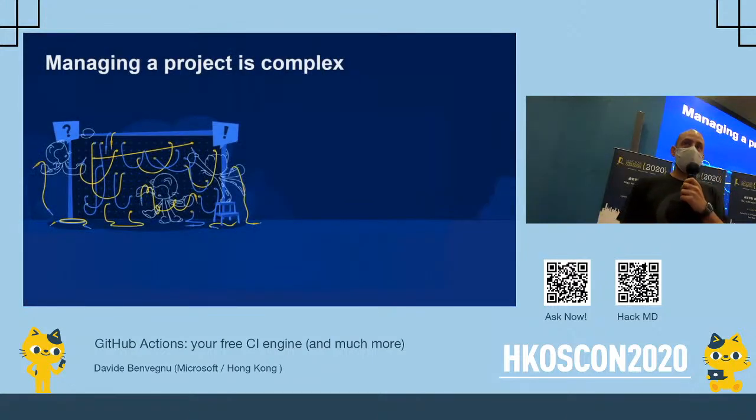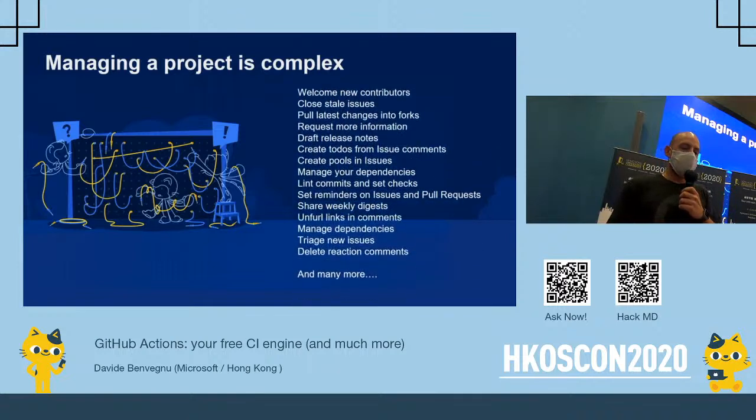As we probably all know, managing a project is very complex, but it's even more complex when it comes to an open source project, because you need to manage the team. You have a lot of contributors, and most of them you will not know, so you want a way to welcome them. You want a way to manage your issues, to label them, to do triage,